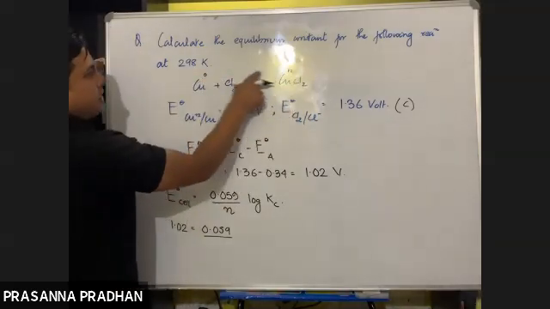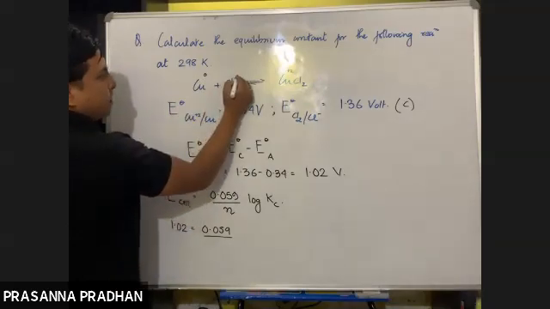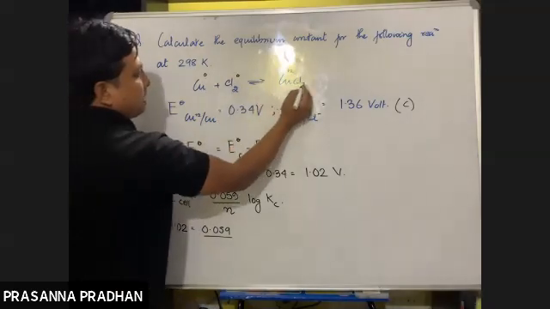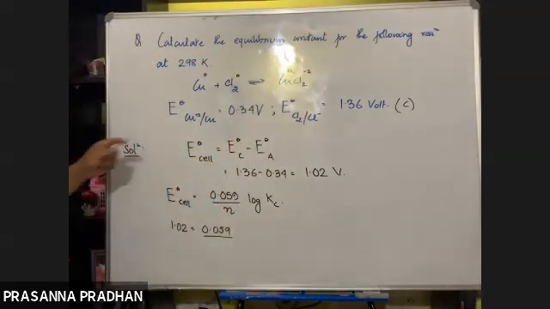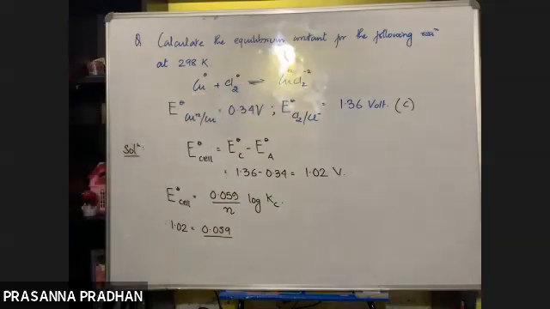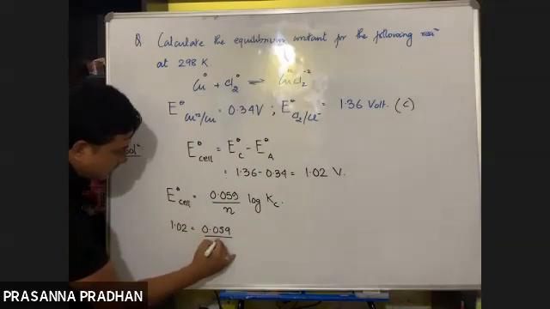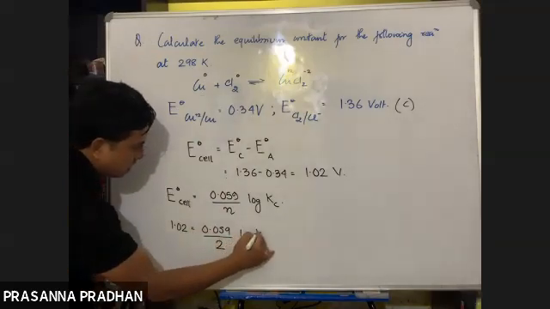So the change in oxidation number of copper is by how many units? 2 units. Okay. What is the oxidation number of free chlorine? 0. Cl2 means the charge will be -2. So what is the change in oxidation number? 2 units means 2 electrons are involved. So the value of n will be 2, in n log Kc.